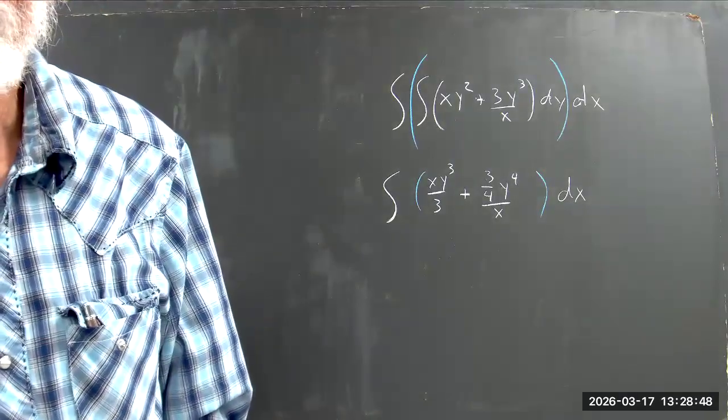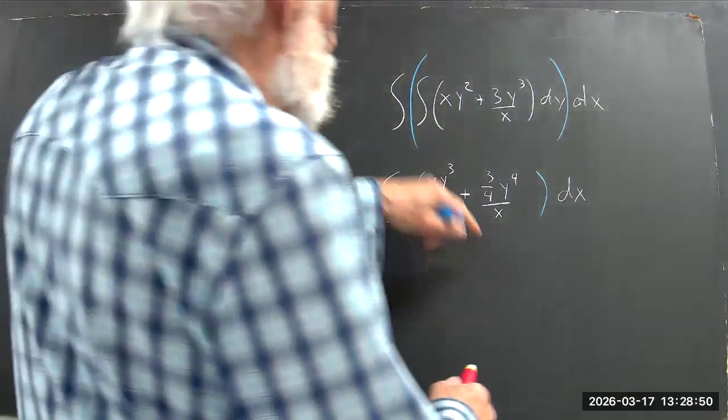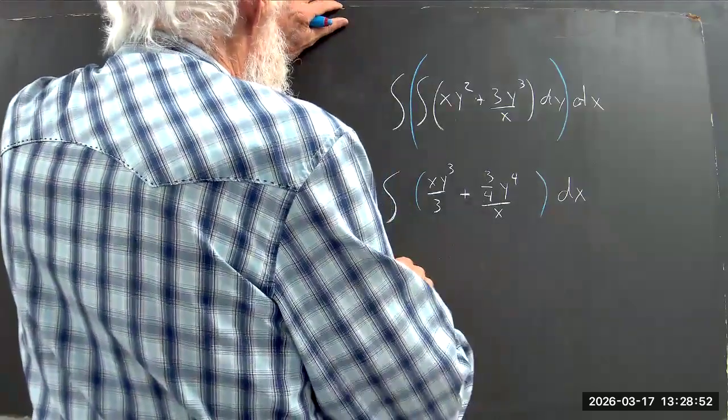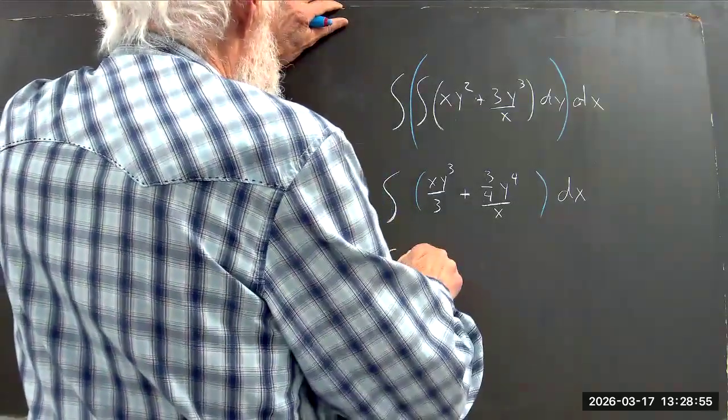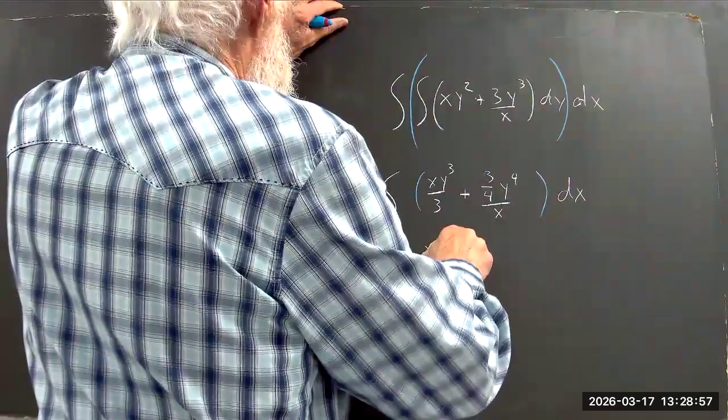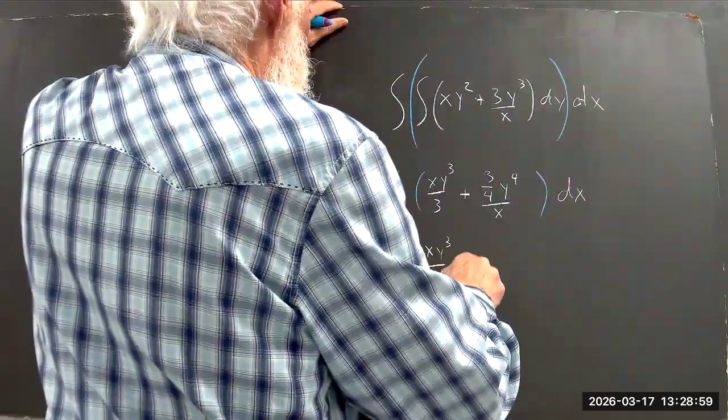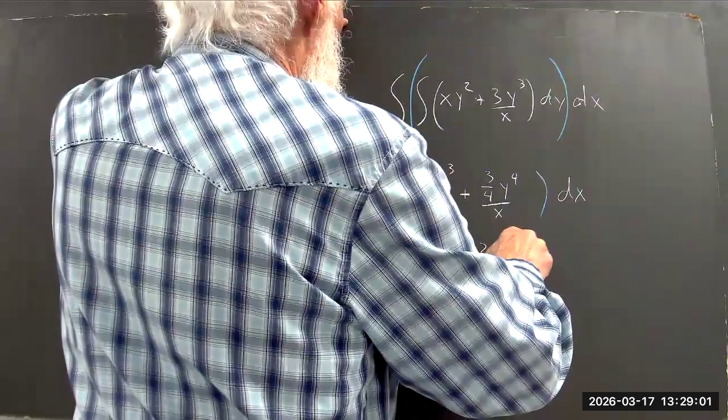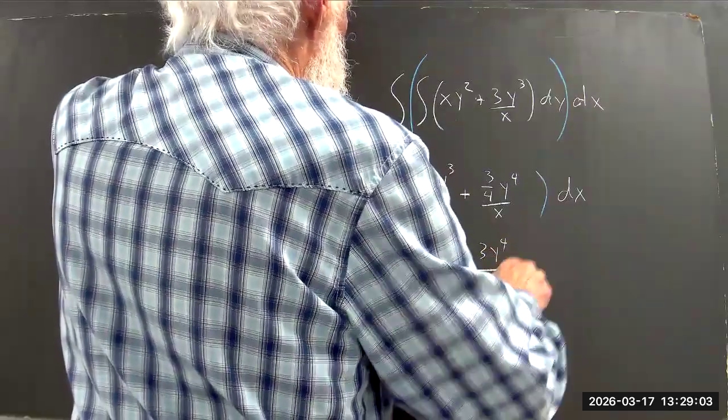Okay. And this is a complex fraction, so you say, okay, that's the integral then of x y cubed over 3 plus 3y to the 4th over 4x